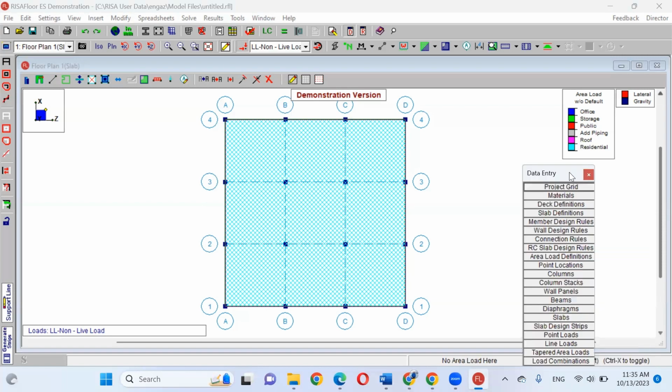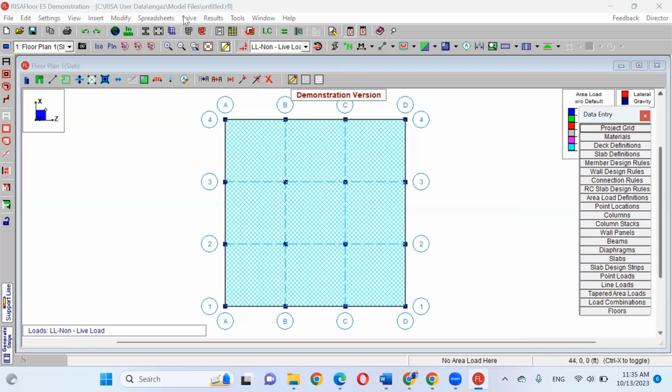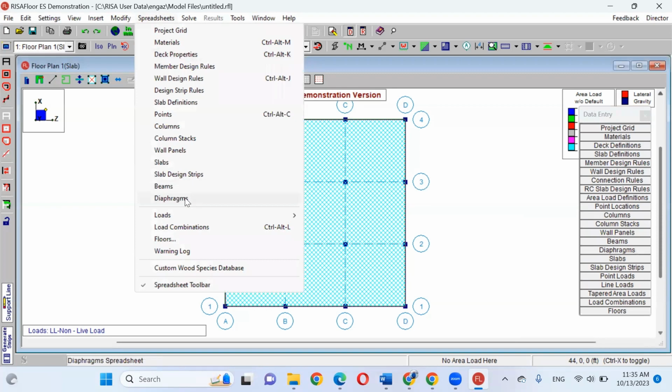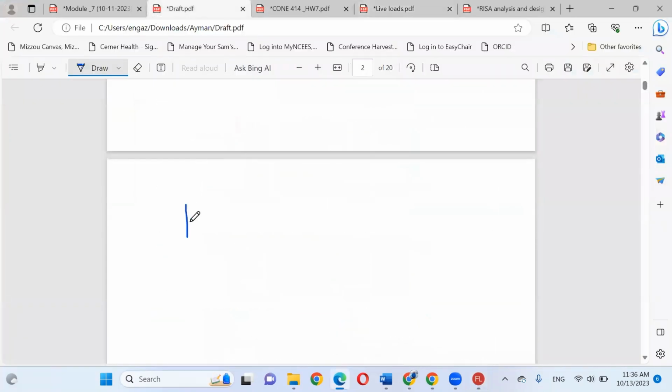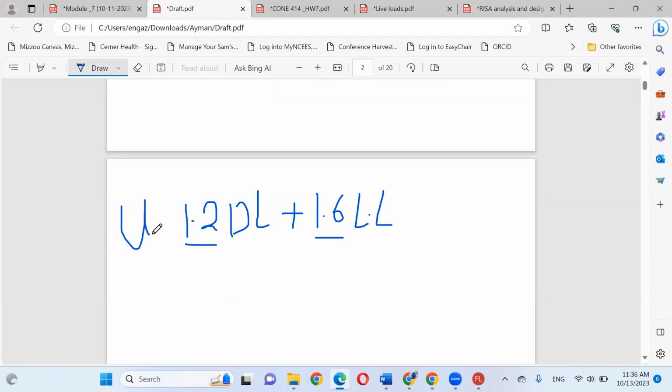By the way, before solving, RISA floor will do load combinations for you. We learned during our course that we need to add dead load plus live load after you multiply each by a factor. This is the ultimate load combination, 1.2 dead load plus 1.6 live load.